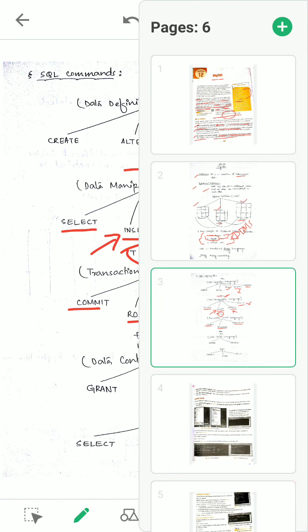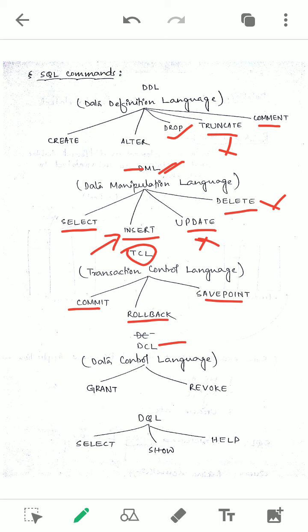Then the next command you come to is data query language. Here there are two commands, grant and revoke. What are grant and revoke? You can see these commands working in Facebook also. How? When you look at the privacy settings of your Facebook account, you see options like only me, public, friends of friends, like that. So these are the grants that you give.